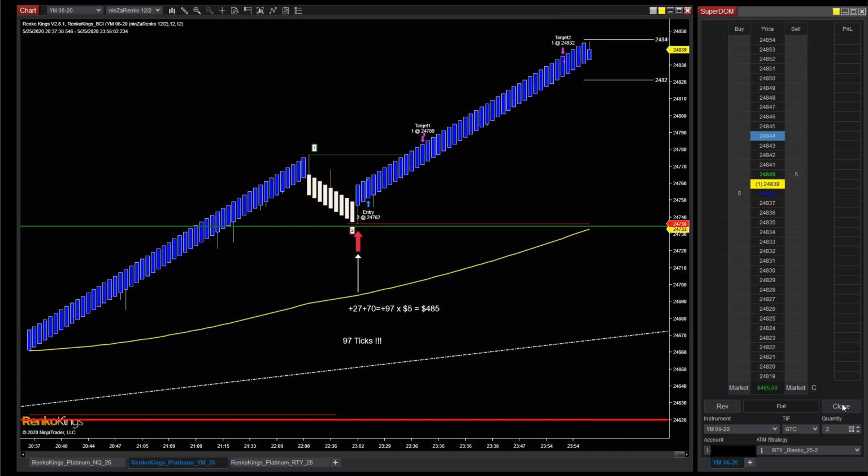Okay, you can see down here my DOM is black, so it's not a Sim 101 trade. I've got two contracts, and you can see that I have the first couple letters of my account exposed, so you can see it doesn't show Sim 101 in there. That's the purpose of showing the first couple letters. Okay, so once again, Renko Kings breakout trade